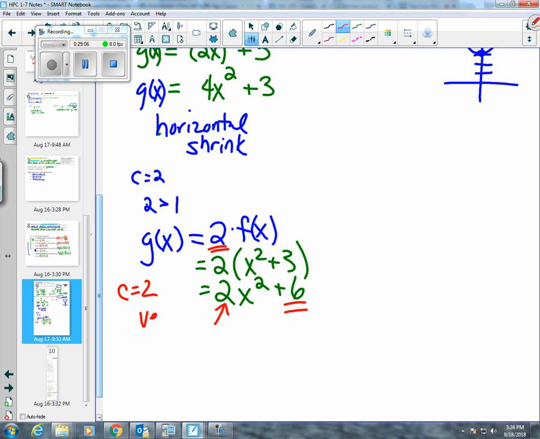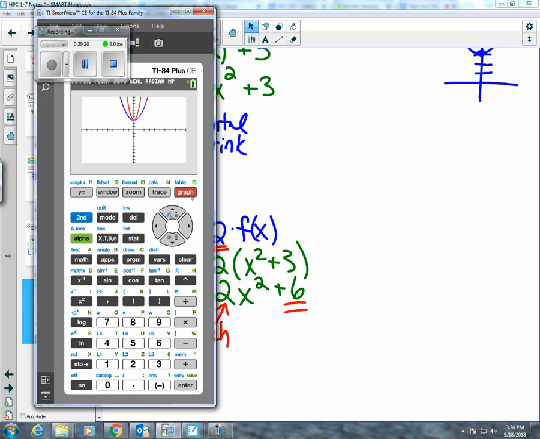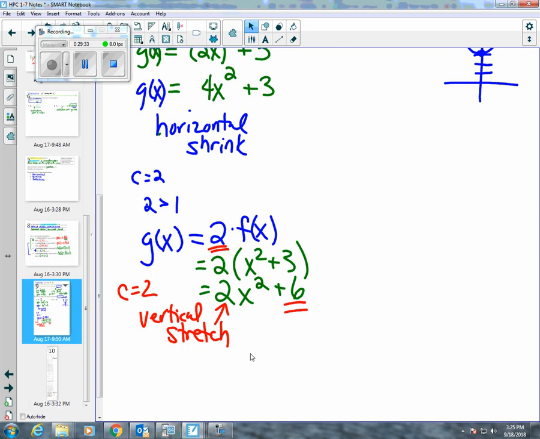This would be a vertical stretch then. So this would be stretching that graph out vertically because not only does the value get steeper, it also moves that constant. So let's take a look at what that graph would be. Right? So I'm putting in that last one. So see how the vertex moved up, and it's also steeper, right, than the previous one, but it has a little bit different effect. So it's important to realize what your original graph is doing and where you're multiplying that